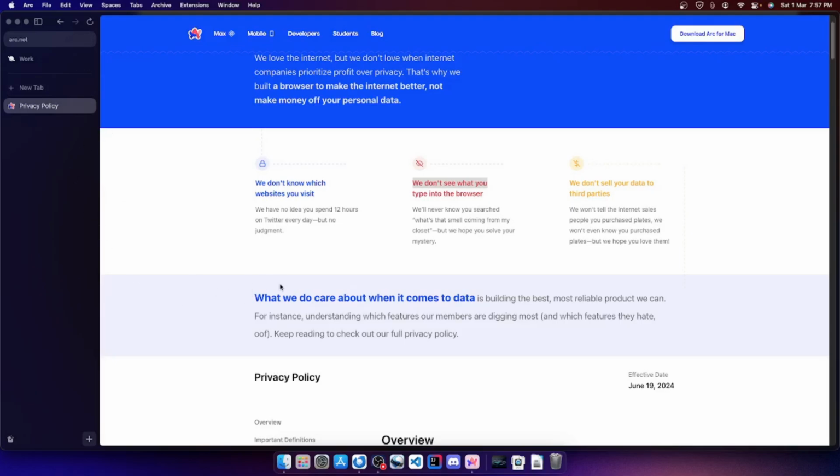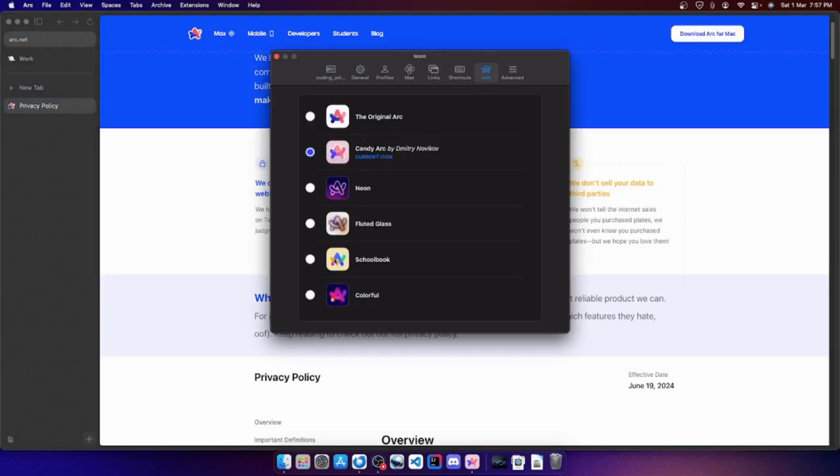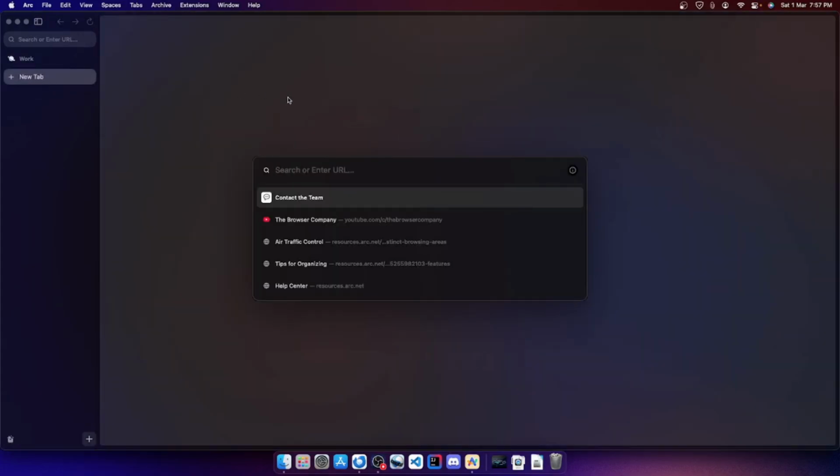Okay, so another thing to mention is that our browser won't be receiving any feature updates. It will be receiving security updates, but not feature updates. Okay, so basically what I mean is, if you search here and say, will Arc browser be receiving any updates?